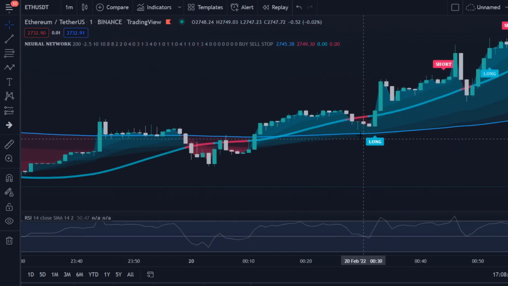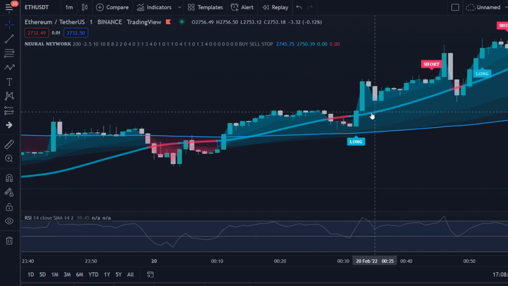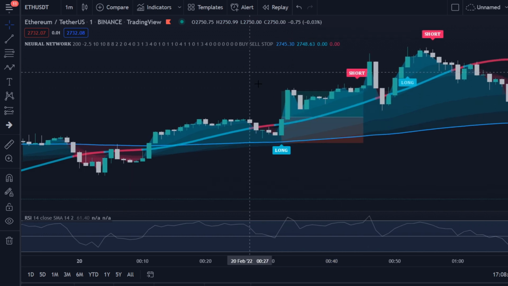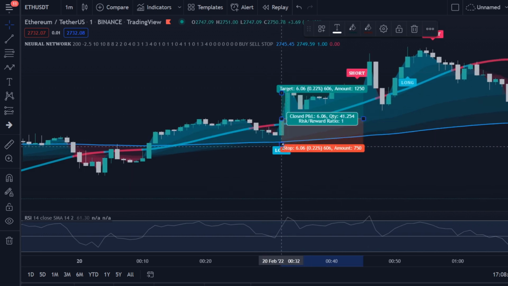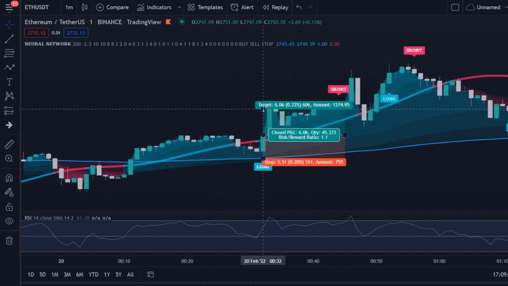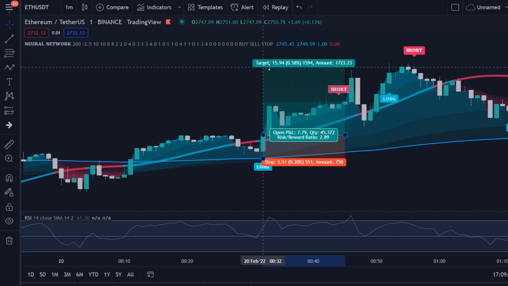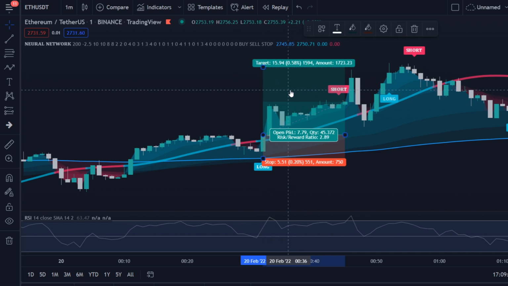Let me show you another buy example. Alright, over here we see the price is above the 200 exponential moving average. We see that the band is blue. We see over here that the RSI line is above the 50 level. We see a long signal, so that means that we will take this trade. Let me show you over here. We take the buy, we place our stop loss below the latest low, which is here, and then we risk for the 1-to-1,